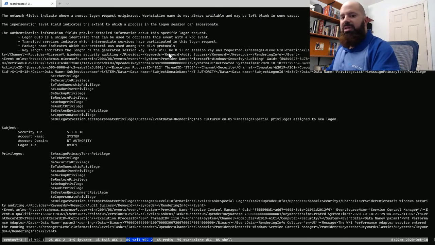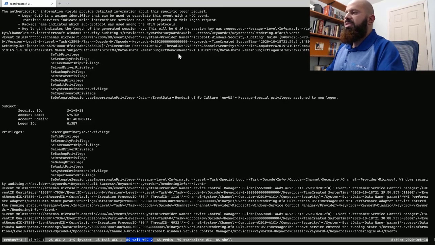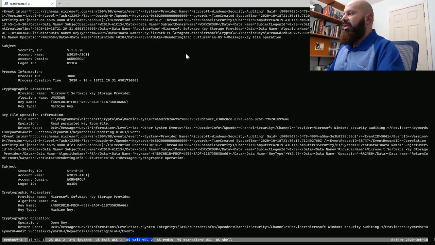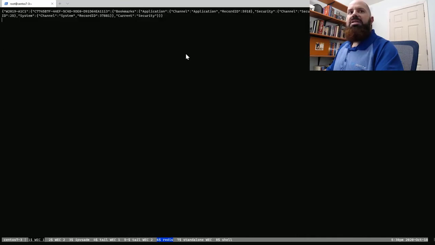Alright, so now I'm telling WEC 2, and you can see the messages are coming in on the second node. Windows has realized that connection was severed, it's reconnecting, and it's just connecting directly to the second node. But for Windows, it's still the same IP because we're using the load balancer. And then if I go into Redis, again, here's the state information file, and it's still going to be updated, this time by node 2.